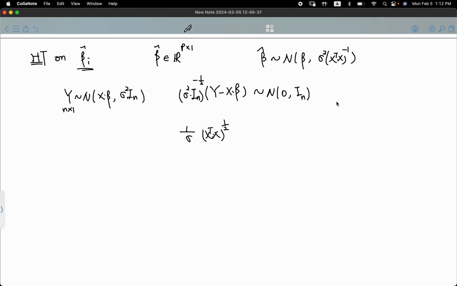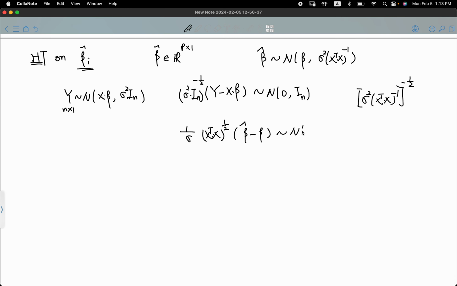This is referring to sigma square x transpose x inverse, with the negative 1/2 power to construct the standardization here. After simplification, we have the negative sign to make it 1 over sigma; the 1/2 and the square cancel out, the 1/2 remains, and the negative sign cancels out. So beta hat minus beta,